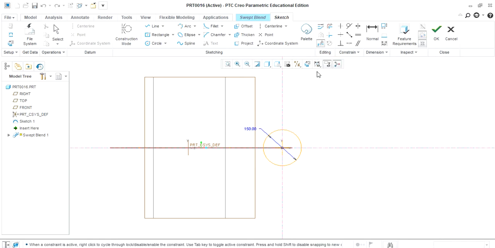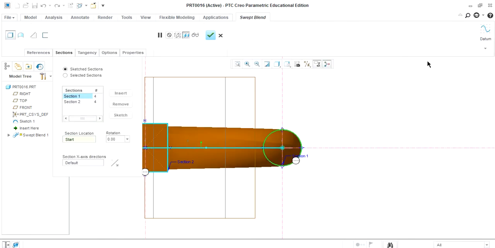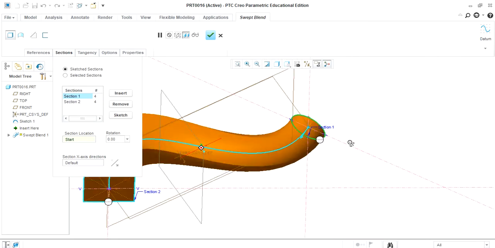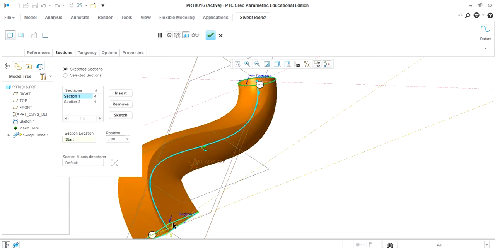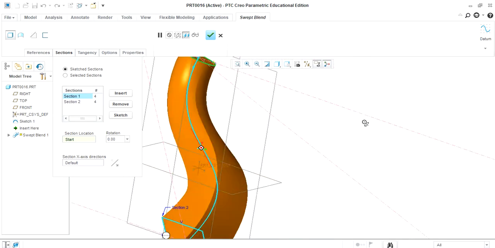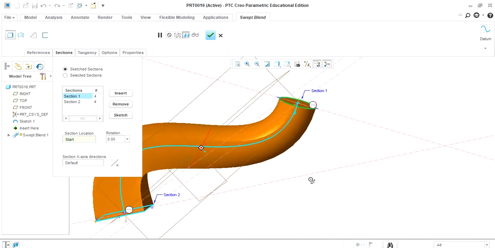With the help of the divide option, divide this circle in four parts: 1, 2, 3, 4. Now we have provided the contours to the 4 points of the square. You can see here all 4 points of the square are getting blended with these 4 points of the circle. That's why the sweep blend command is executed.